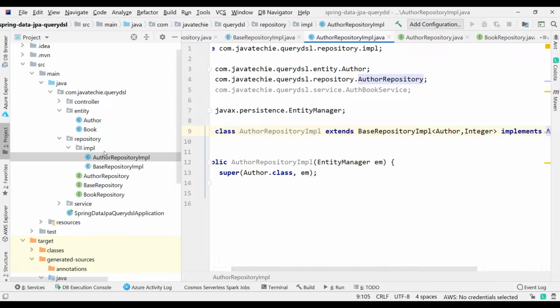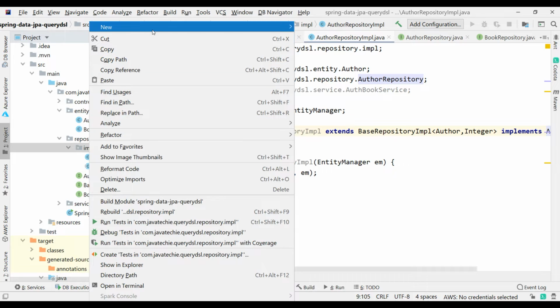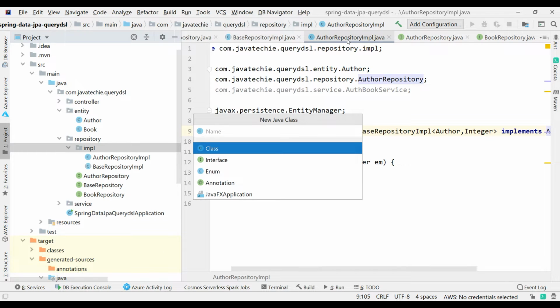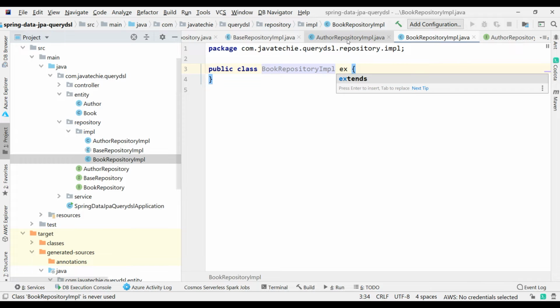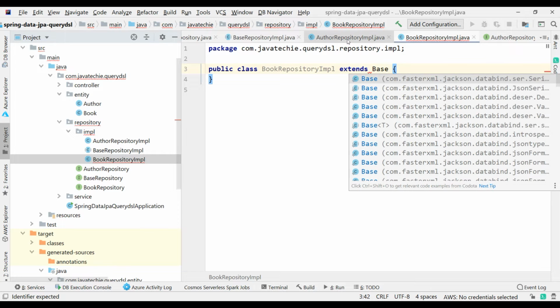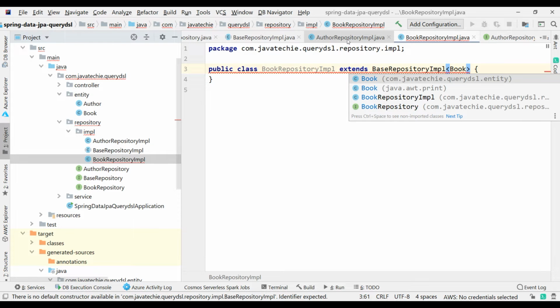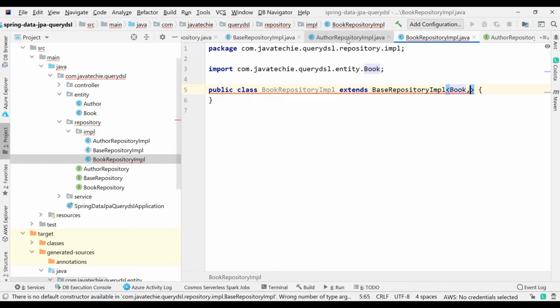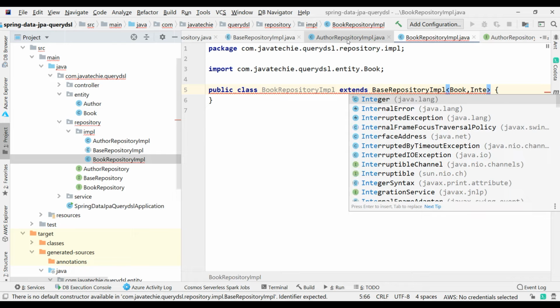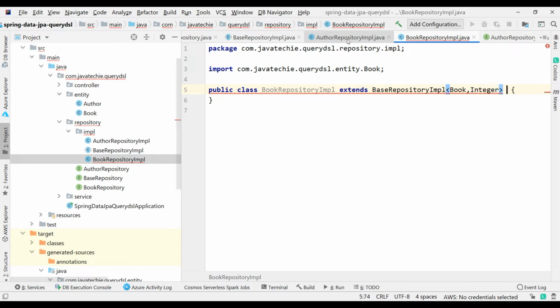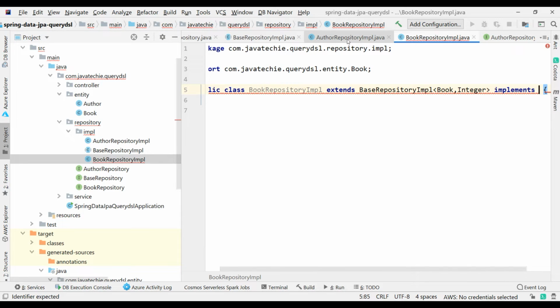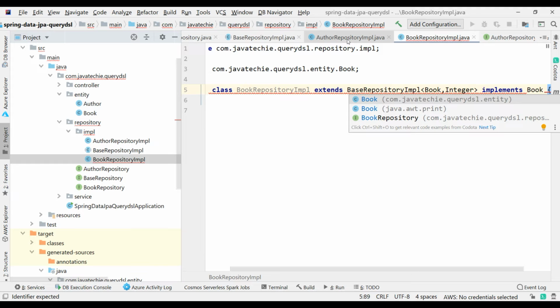Similarly, create another implementation for book repository IMPL. Okay, let me create a Java class book repository IMPL. Extend it from base repo IMPL. Specify the type generic, which is nothing but book and integer. Then just implement it from book repository.